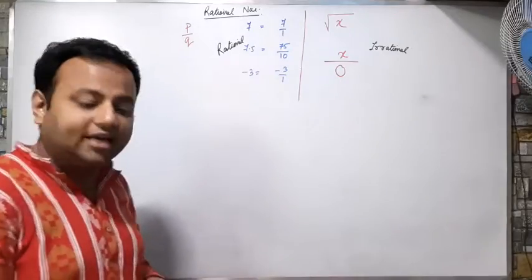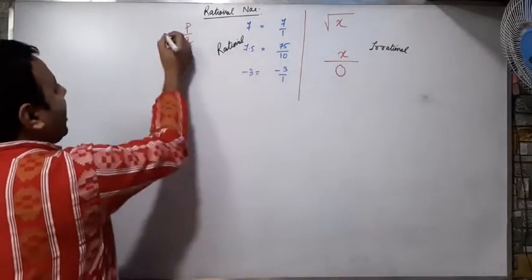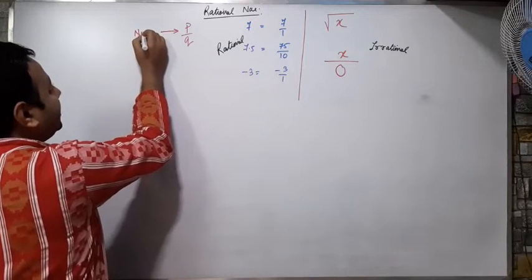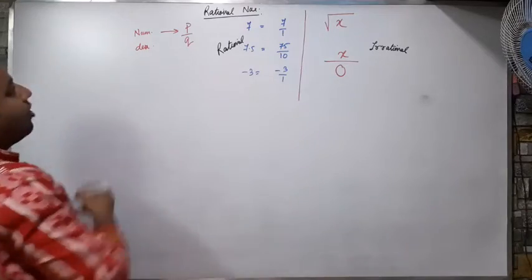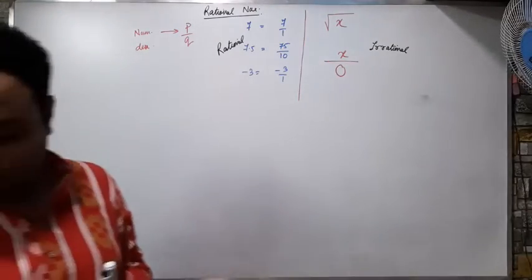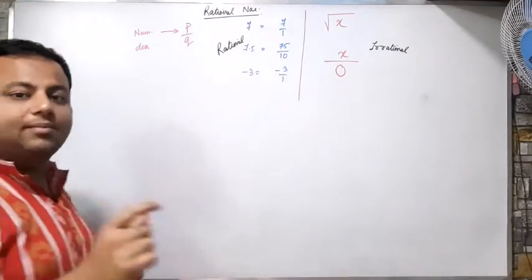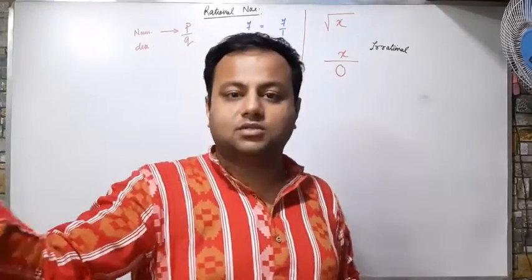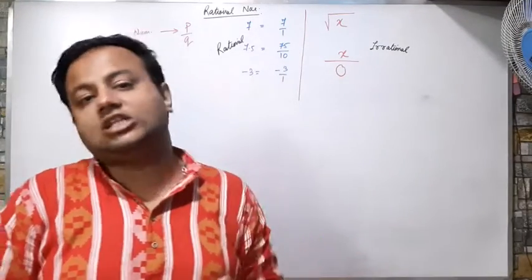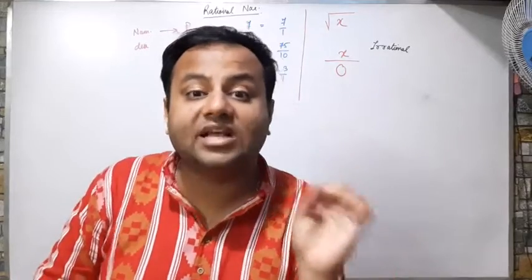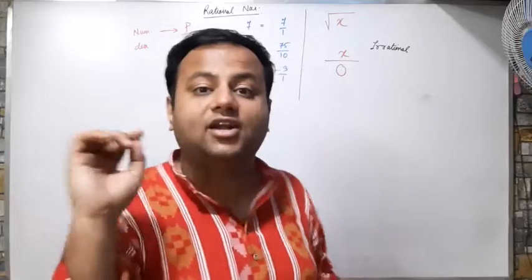So in the beginning what I told, rational numbers are represented as p by q. They will have a definite numerator and a definite denominator. So I can represent a rational number in many multiple forms. But the correct rational number must be in the simplest form. What is simplest form? All the common factors must be stripped off.